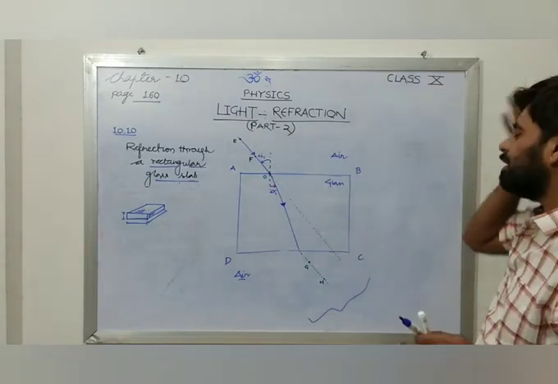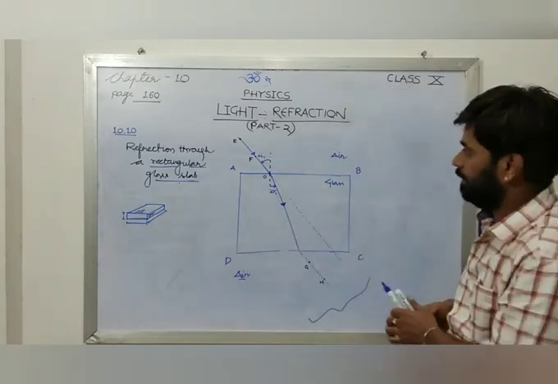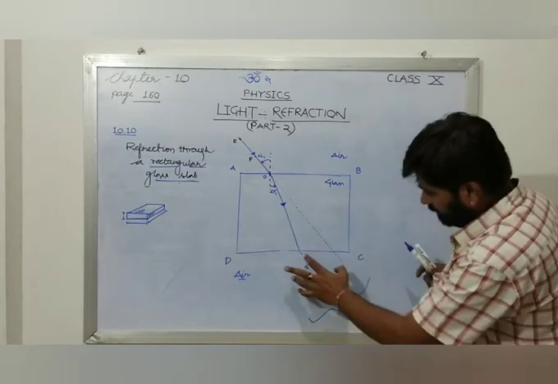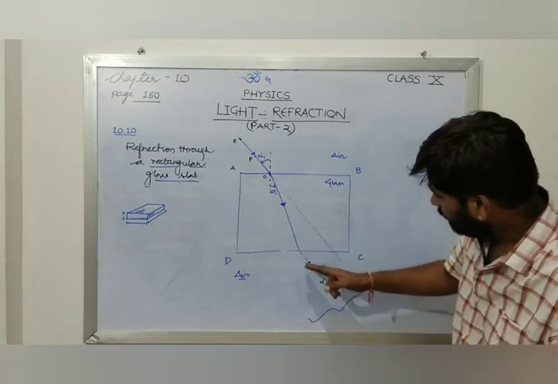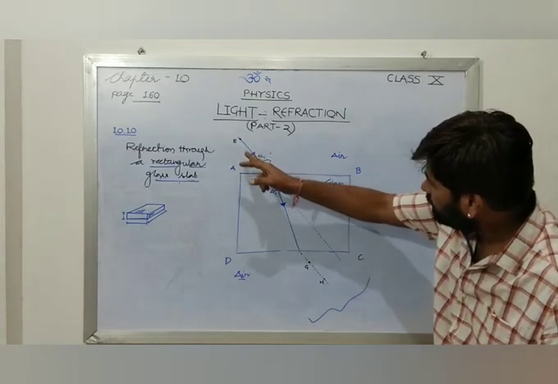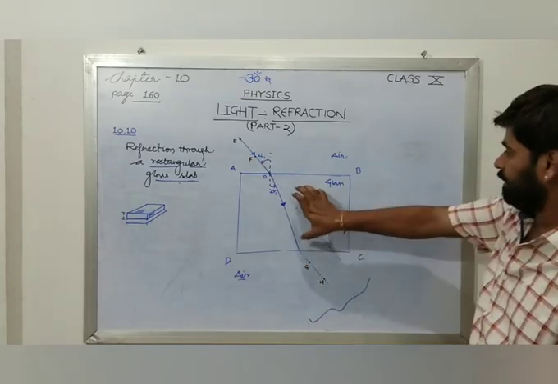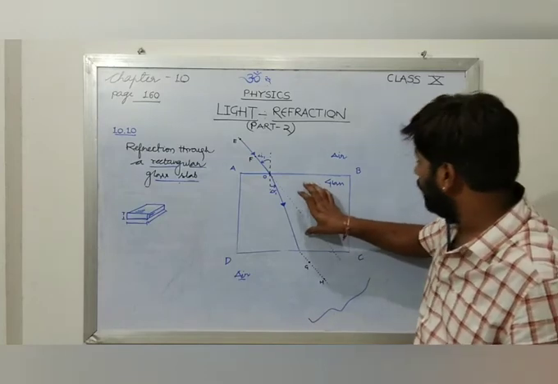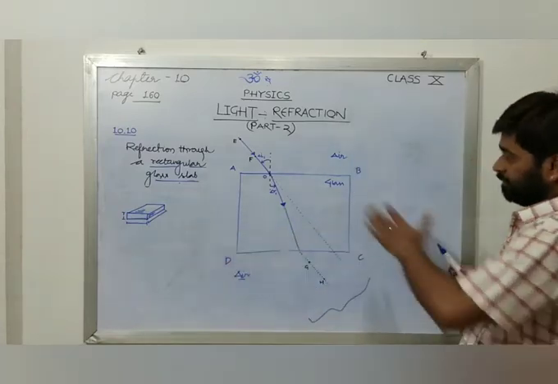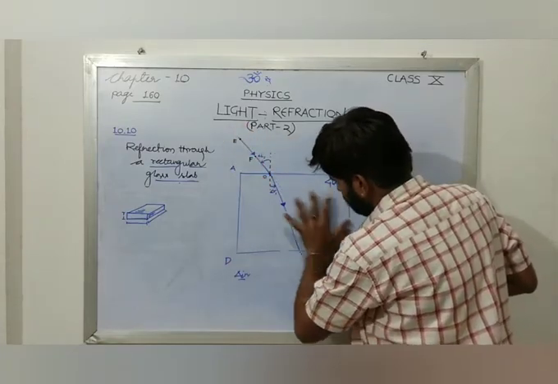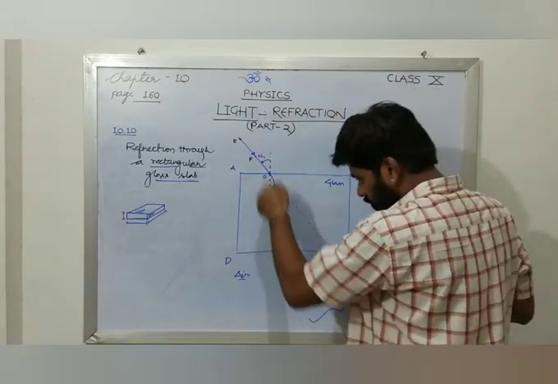You will see a similar activity in your 12th class physics as an experiment. Now when you look from this side, you have to put G and H in such a way that they are collinear with E and F from this view. After that, we take this rectangular glass slab and put it on another side. After that, we will not see this portion at all, yes or no? Because there was a glass slab, we could not draw anything here.